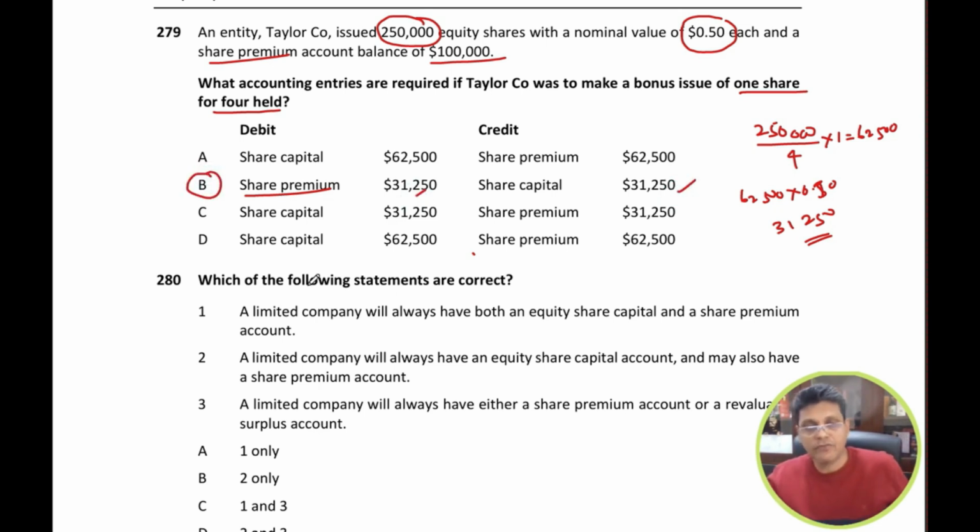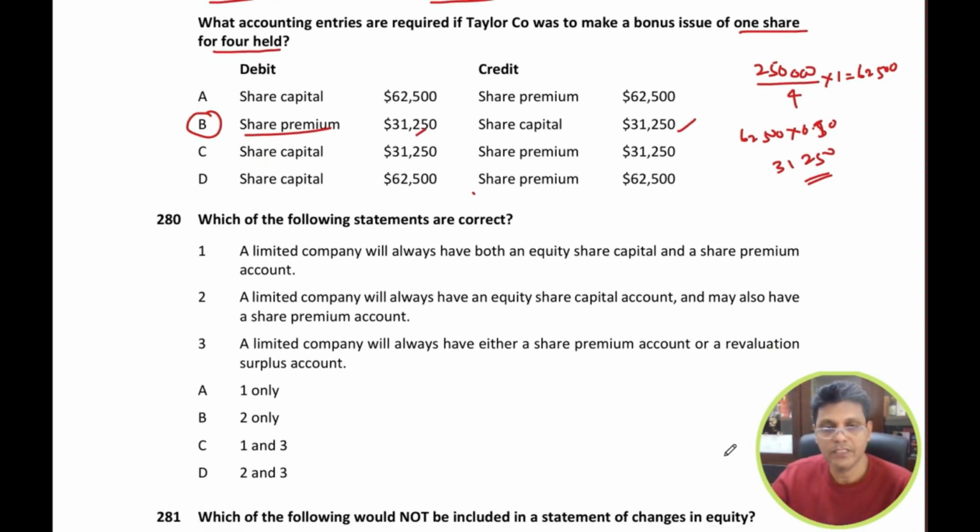The next one, which of the following statements are correct? A limited company will always have both an equity share capital and share premium account. No, this is not correct. It will have an equity share capital account, but it may have a share premium account provided they issue at a share premium. So therefore this is not the correct